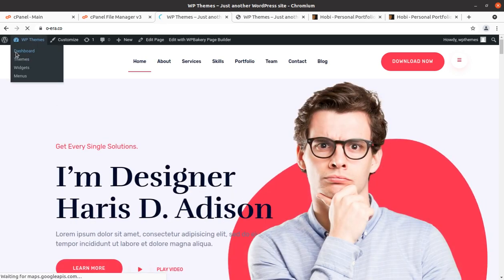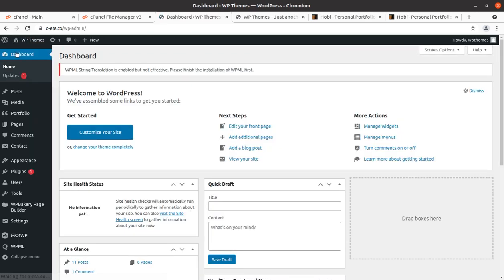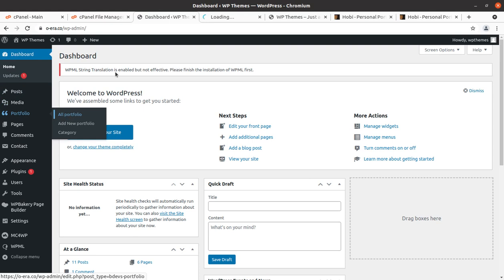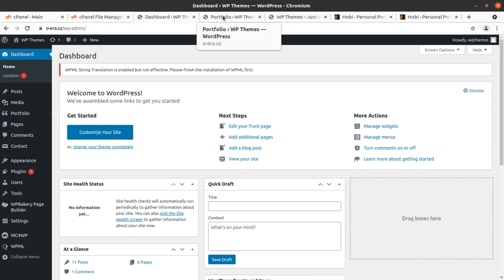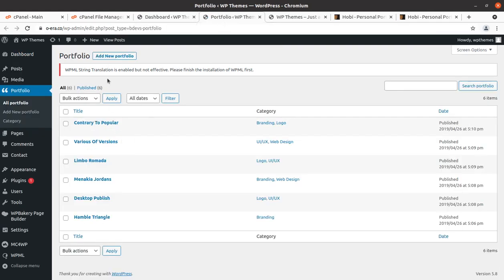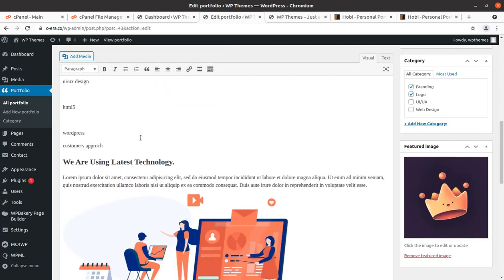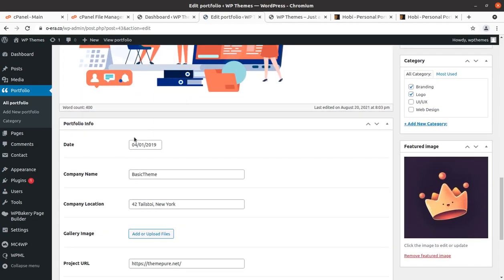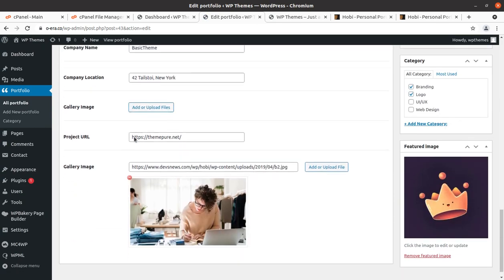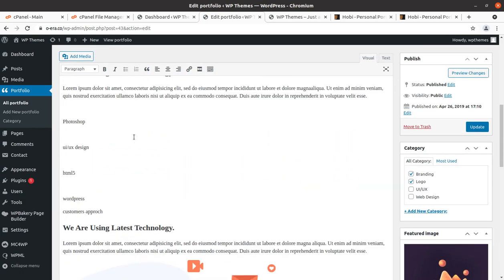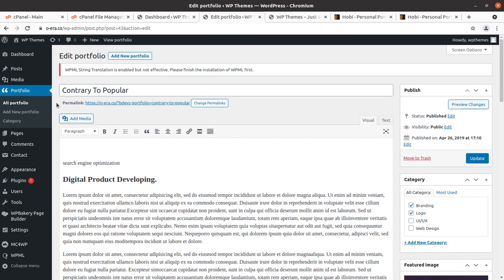Okay, just click on the dashboard, and nothing is additional here. Portfolio is here, so we can check the portfolio. We can put our portfolio here from this screen, and you can use the existing one by editing these contents and putting in your own.